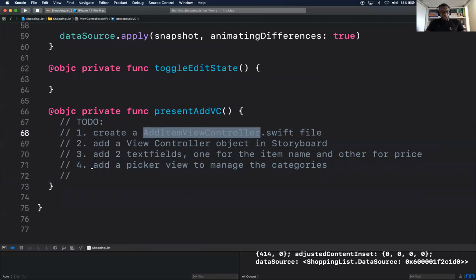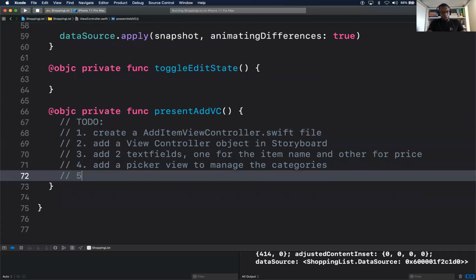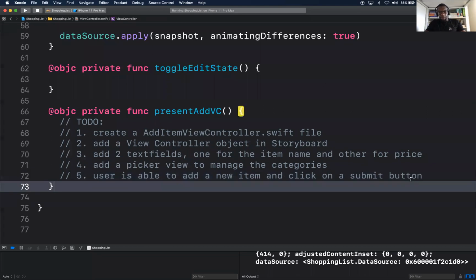This add item view controller, what does it do? The user is able to add a new item and there's a submit button, or whatever, a done button. So when the user clicks on that done button, what happens?